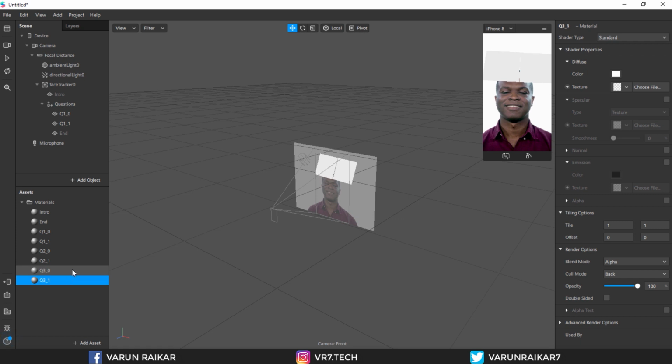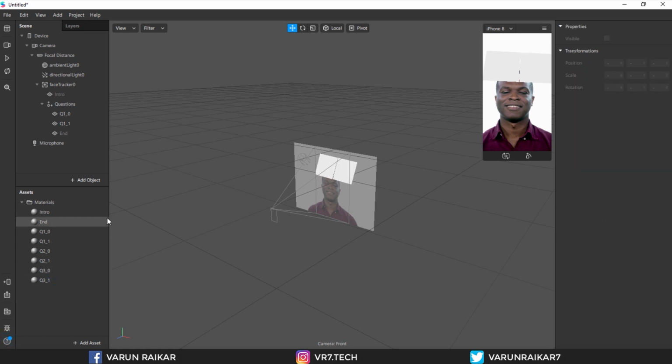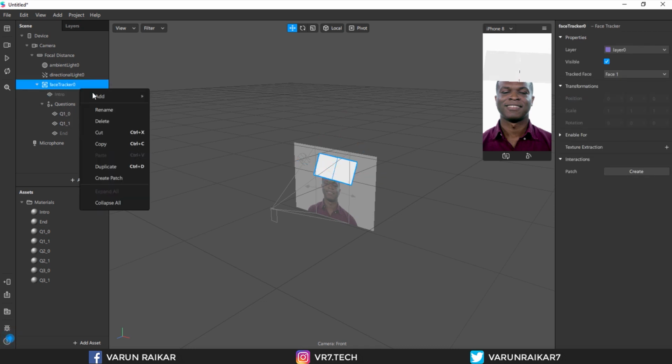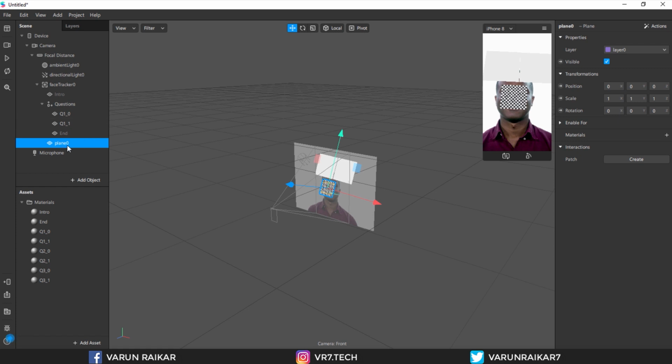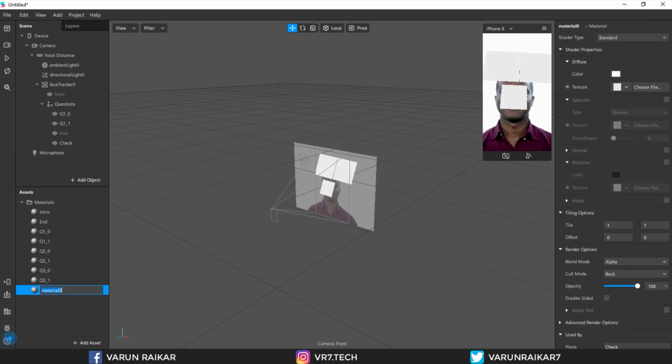Now create a new plane for the check mark. And we need to convert all of the materials into flat materials.